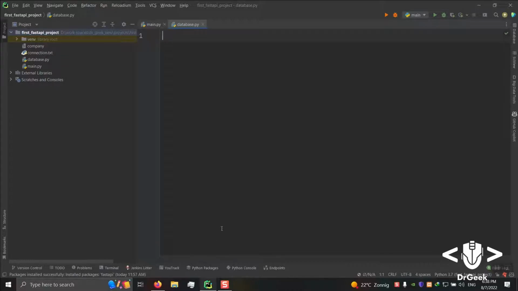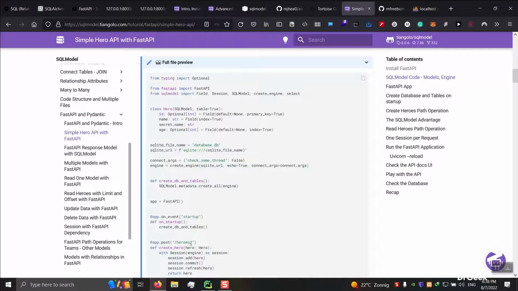In this database file, we are going to build our database and connect it to the server. Sorry. Let's go to the documentation and see how it works. First of all, we have to create an engine, and this engine is going to be our way of creating the connection to the database.